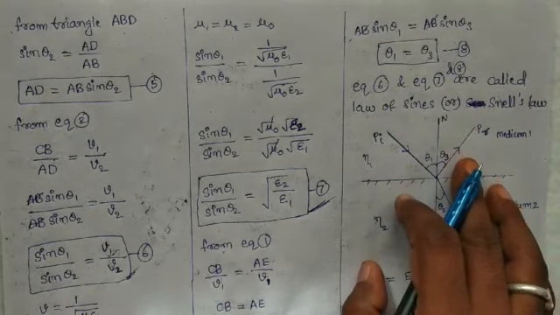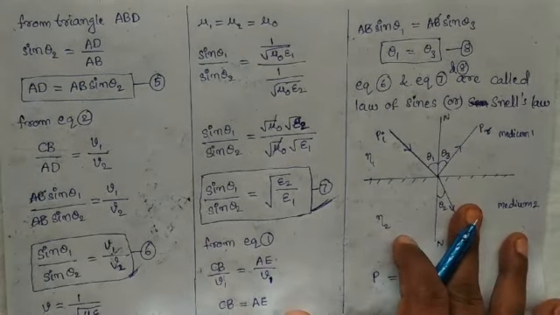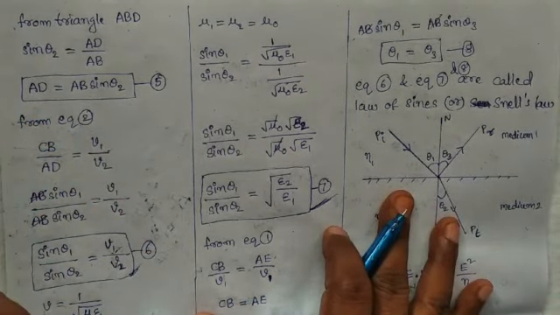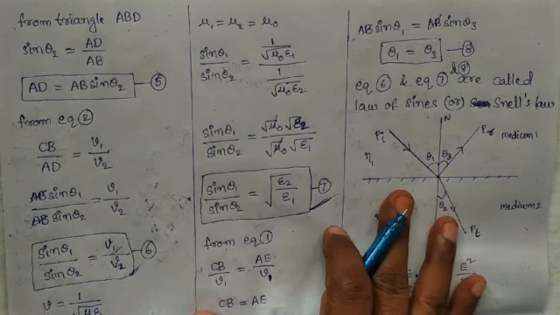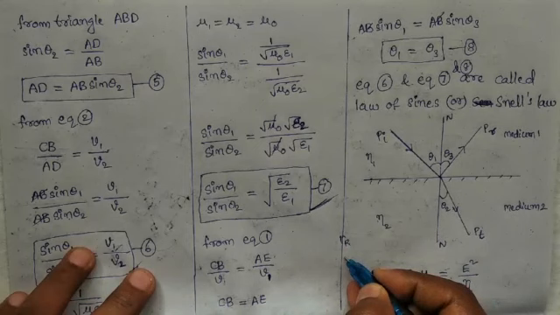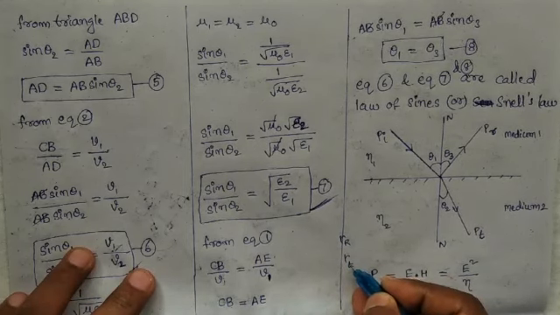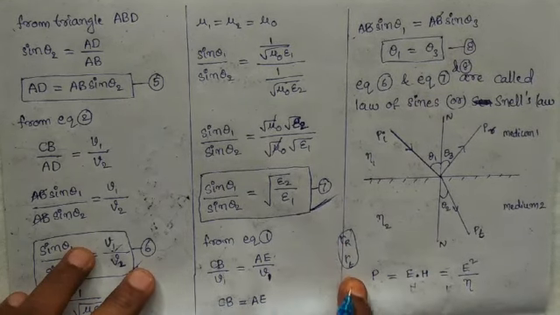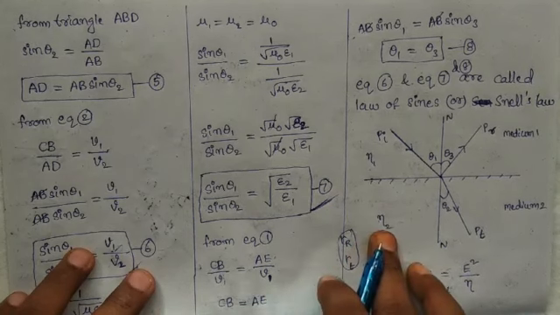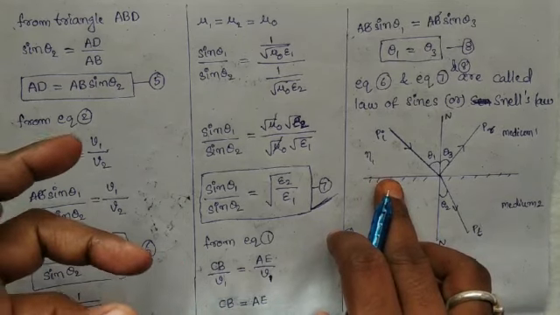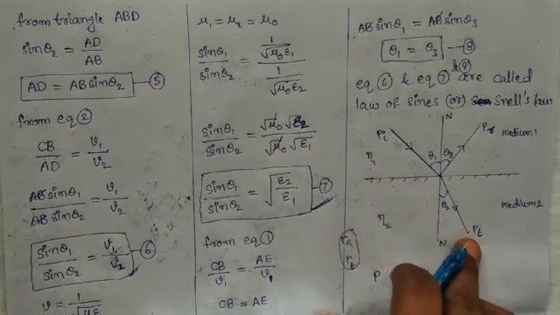Okay. Here now we are obtaining the relation between reflection coefficient and the transmission coefficient it is. Here reflection coefficient is denoted by gamma R it is. Transmission coefficient is denoted by gamma T it is. Here now we are obtaining the relation between reflection coefficient and the transmission coefficient. Now we are determining the incident power, the reflected power and the transmitted power it is.